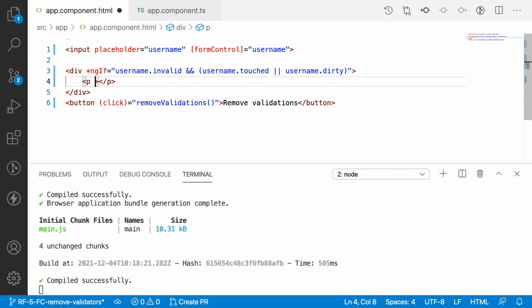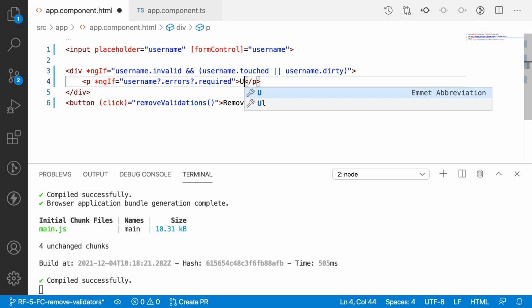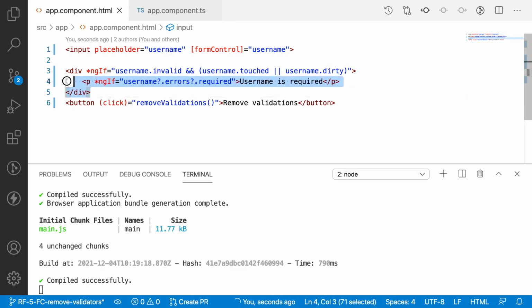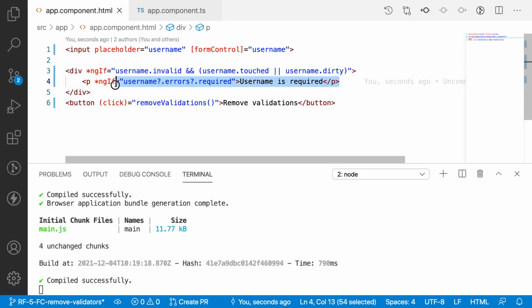In a paragraph, let me add an ngIf: if the username has errors and the errors have a required property, then show username is required. For the first time it has a required validation, hence when I touch this or change some value, the validation will be invoked, and if the value does not exist, it will show this error message. And when the user clicks on remove validations, that validation should be removed for my username.